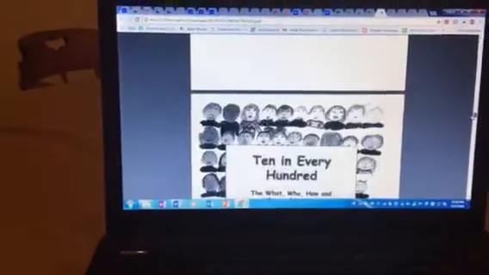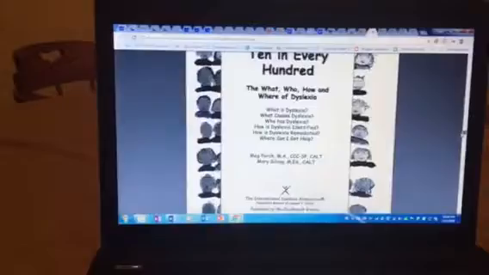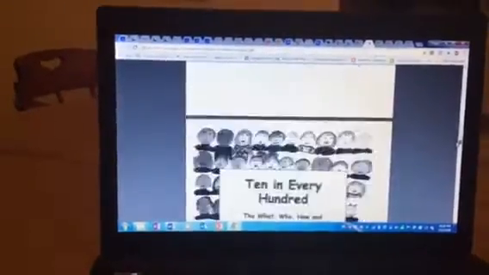It's all in there. It's a great one. I really love what they did there. So if you're looking for something, that's a great one as well. Then some information. 10 in Every 100 is a great book on dyslexia, and it gives you specific information on